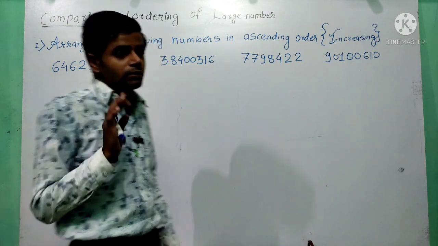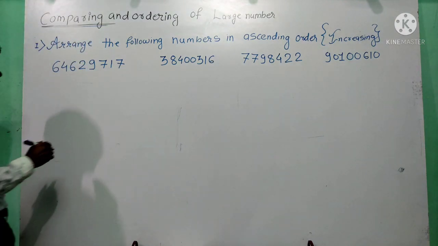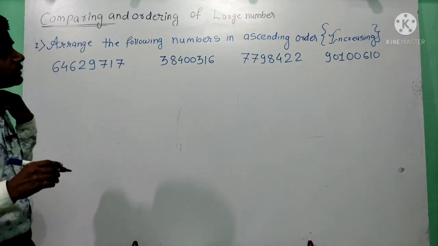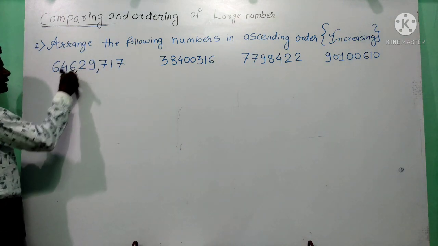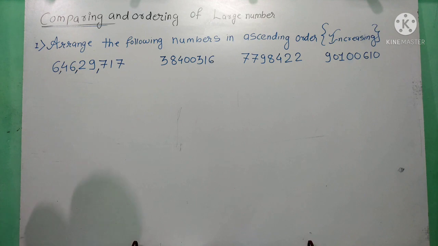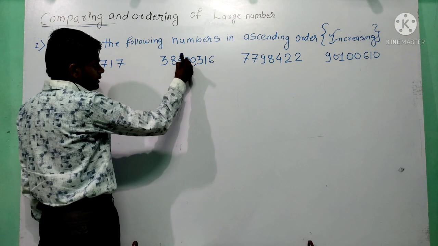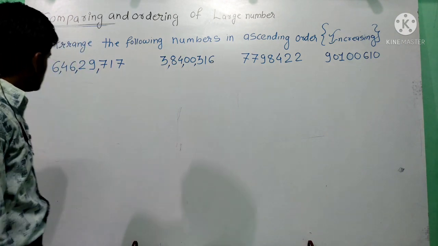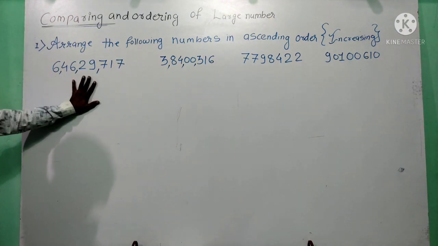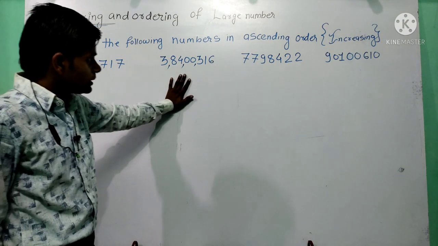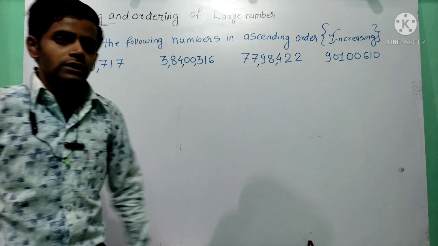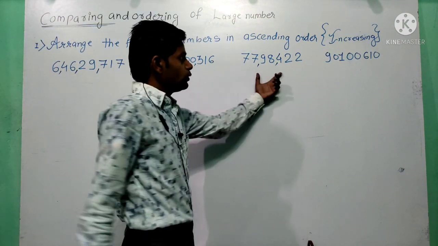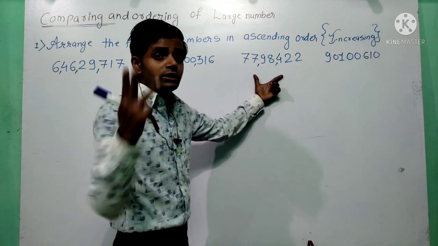That means compare the highest place. Okay, so right now we can't tell, so what we will do, first of all, just separate the digits using commas, then you will understand. So then you can quickly recognize the number, and you will understand exactly which number is written here. Okay, it has three commas, that means it is in the crore series, it is also in the crore series, and yes, it is in the lakh series, because it has only two commas and two commas are separating only three periods.